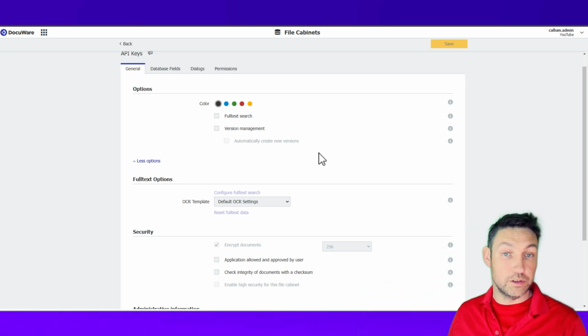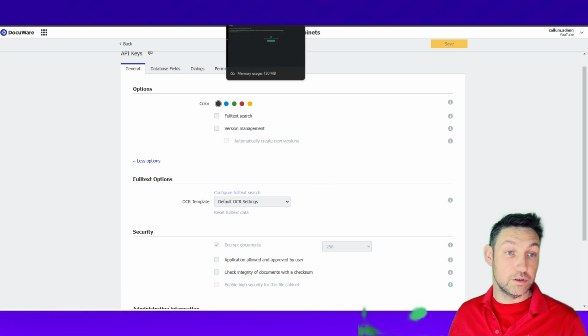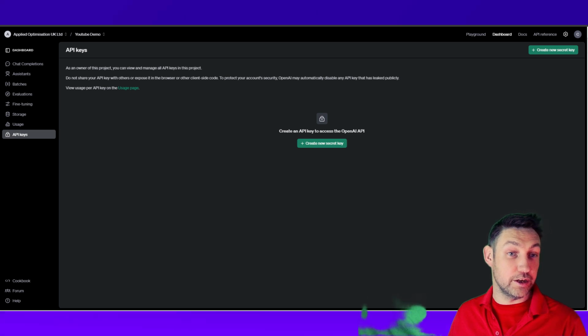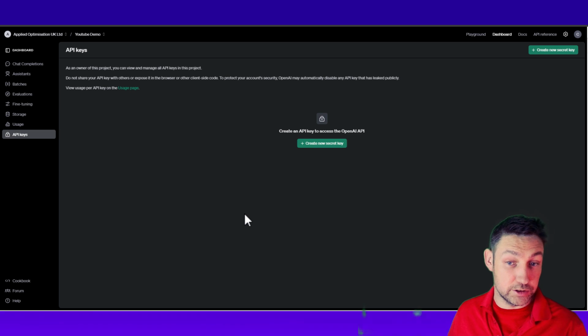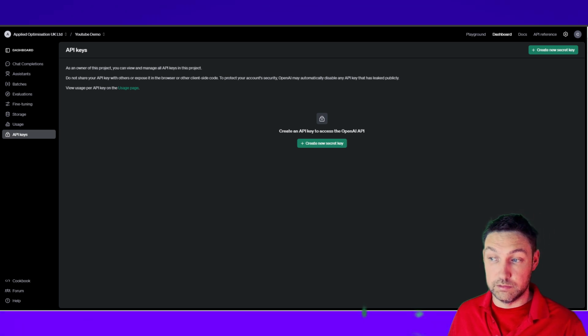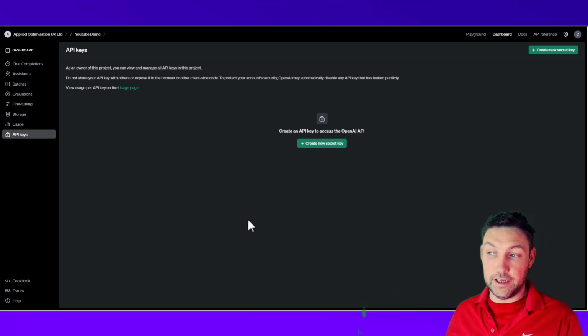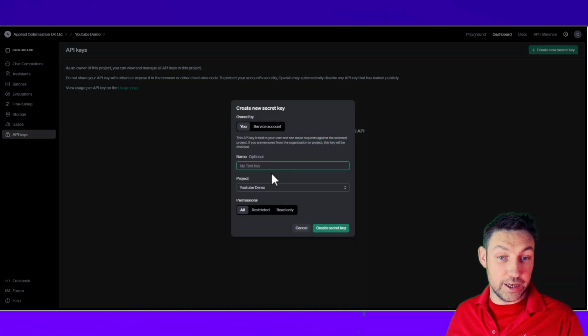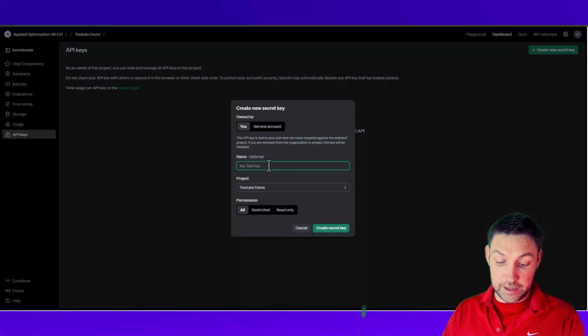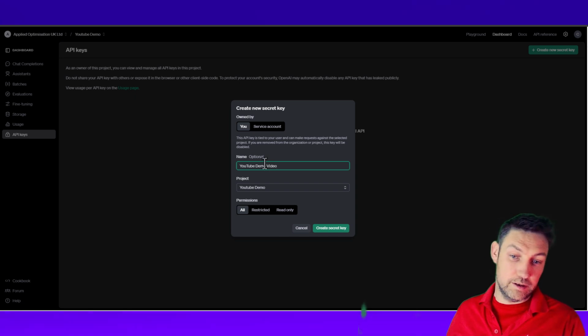Now we need to go to OpenAI to get our keys. To do that is incredibly simple. If we browse to platform.openai.com, sign up if we don't have an account, and then on the left hand side we have API keys. Within our API keys, if we create a new secret key, give it a name, create the secret key,